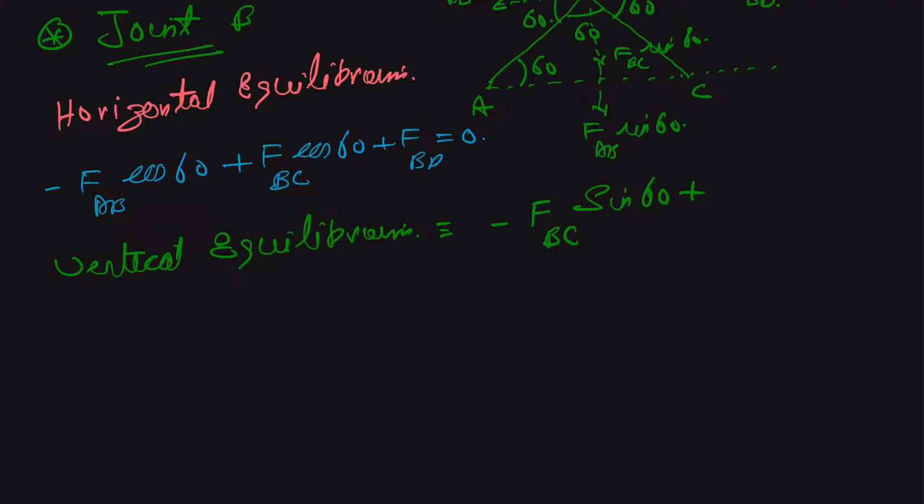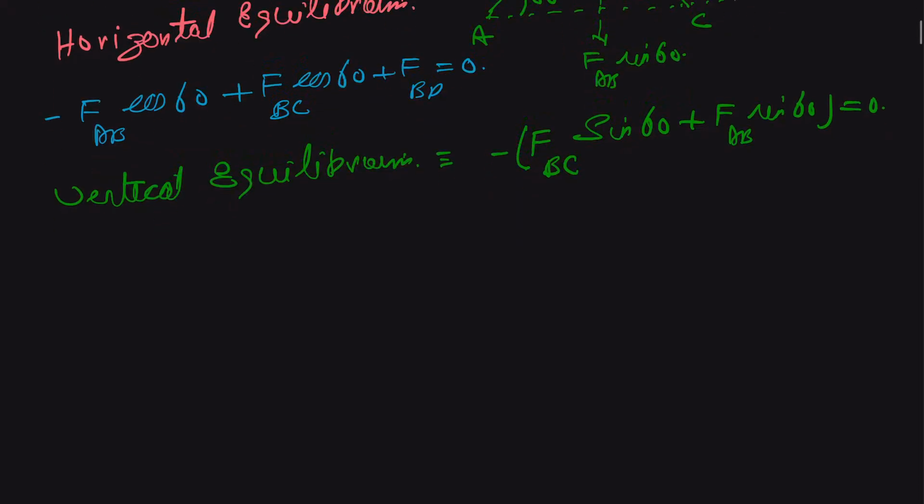So we can take this as common, FAB sine of 60 is equal to 0. And we can solve it a little bit. So therefore from here we can say that our FBC